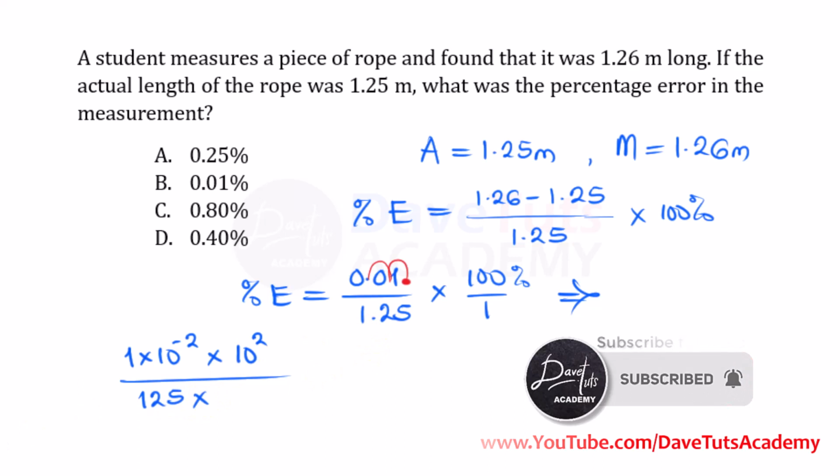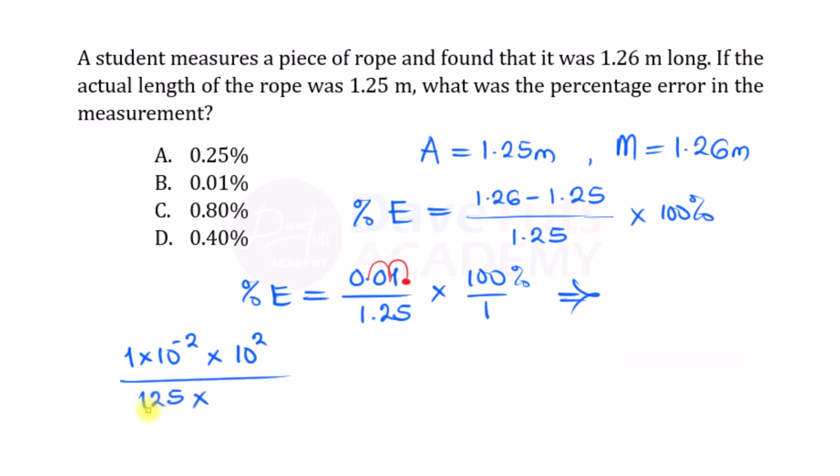Now look at this decimal place. We are moving it from after 1, we move it here and here too, so we have it as 10 raised to the power minus 2. So that means this is going to cancel this, and we're having just 10 raised to the power 2, that is just 100 divided by